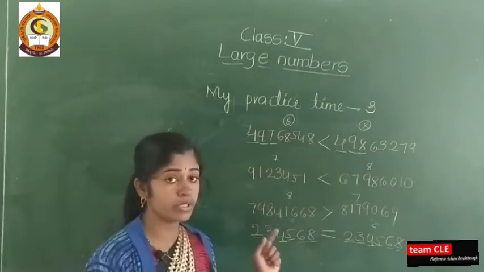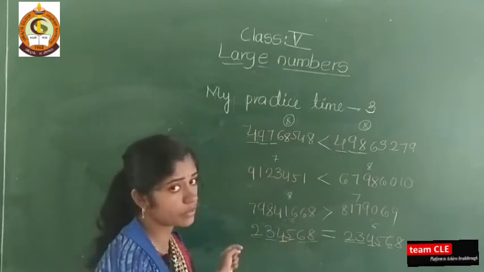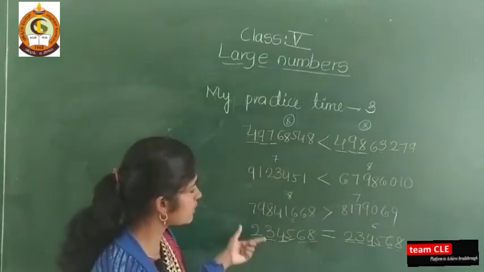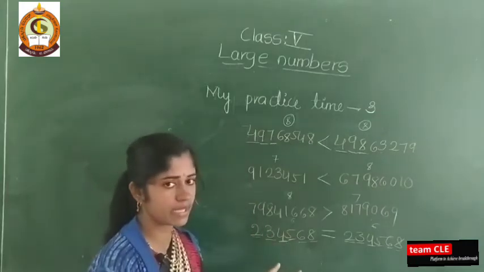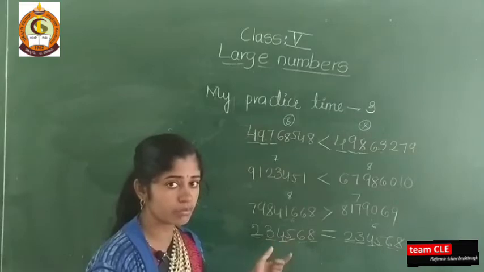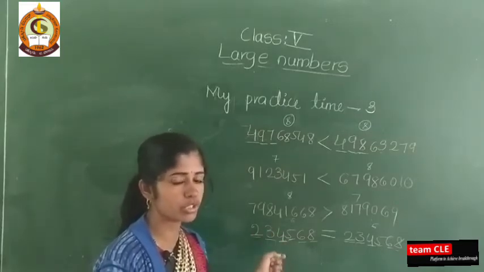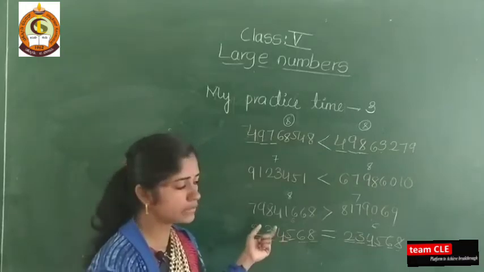So already you learnt this in the previous year. But there you learned 5 and 6 digit numbers. Here you are learning 7 and 8 digit numbers. After watching this, so many big large numbers are there. You will get confused about how to compare the numbers. But once you know the rules, then you can compare easily.